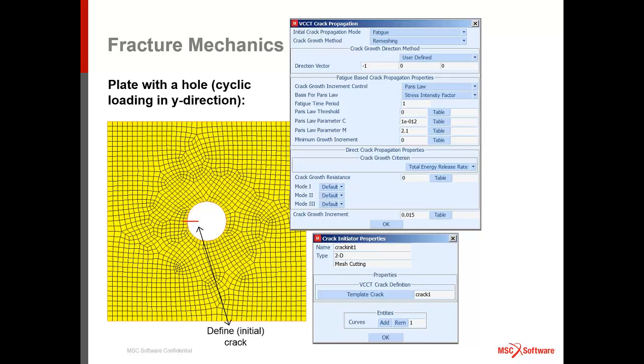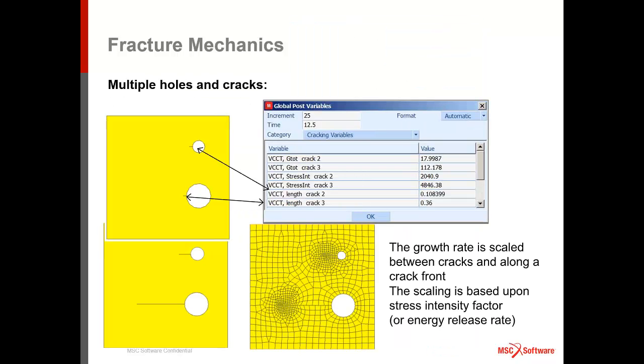And we're going to use Paris's law to determine how the crack is going to grow, or we can use some other mechanism in conjunction with Paris's law. If we have multiple cracks in the structure, what we can do is say this is your basic law to define the crack growth amount,